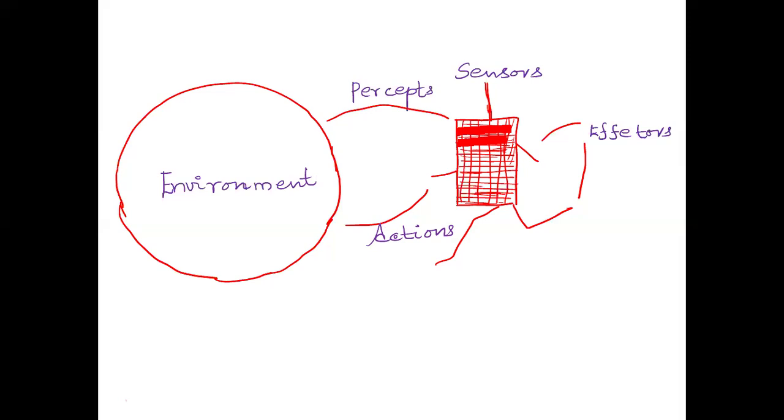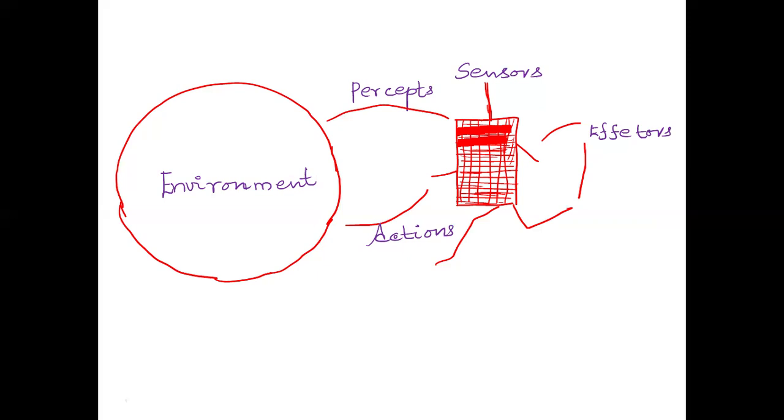Agents can range from simple systems like a thermostat that senses temperature and adjusts heating, to complex AI systems such as autonomous robots, self driving cars, or intelligent software programs. The behavior of an agent is guided by its agent program, which maps percepts, that is input from the sensors, to actions. This interaction between perception and action forms the foundation of intelligent decision making, enabling agents to adapt, learn, and respond effectively to changes in their environment.